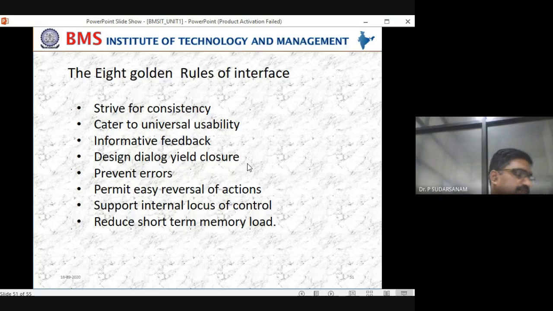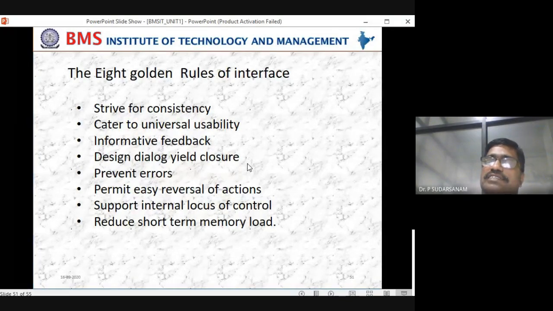Next, prevent the errors. Preventing the errors is nothing but being able to find out the errors. For example, gray menu items, if you are taking. Suppose if I'm clicking one, you are able to open some more things. Suppose I'm trying to open one file X, and instead it opens file Y. So what will happen? Preventing the errors means we have to check it out. Whenever you are doing anything, you have to check where the errors are possible.